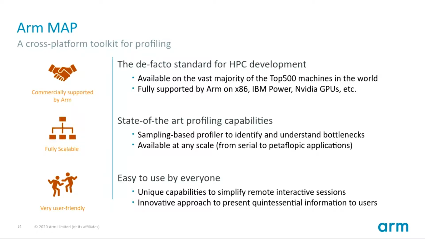Yes, so MAP is our cross-platform profiler. It's found on the majority of the top 500 systems, along with DDT. And it's fully scalable, so you can profile a single MPI or just an OpenMP code, just a threaded code, or if you have over 100,000 MPI ranks, you can also generate a profile